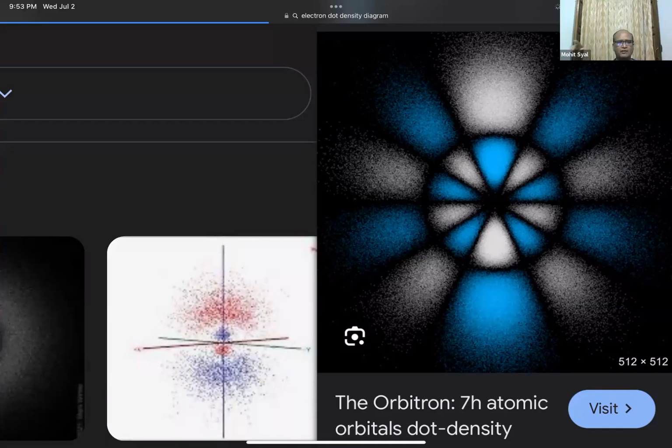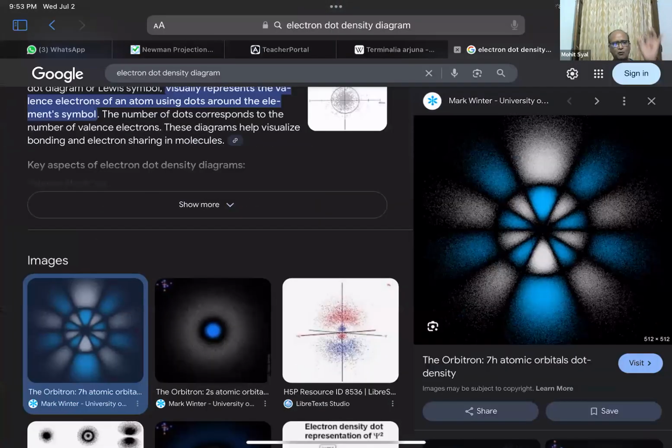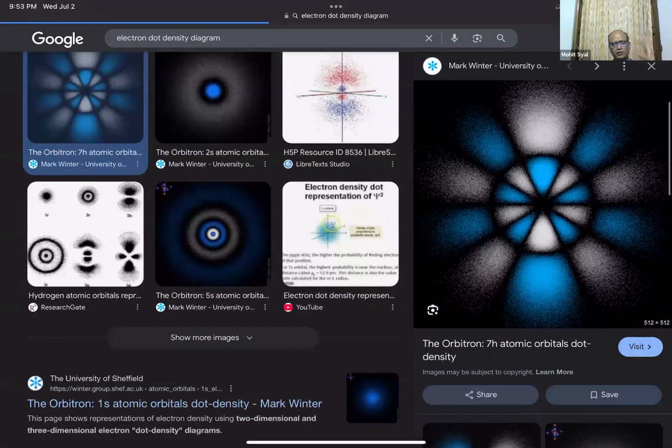This wave is not like the normal wave. Now, how do we know that the wave pattern is like this? Because there are equations. When you plot these equations, they are very complicated, but you don't need to get into all these things. Without knowing the equation, we have a very easy way by which you can quickly tell how many nodes there will be. What will be the shape of the wave. You can predict all these things.